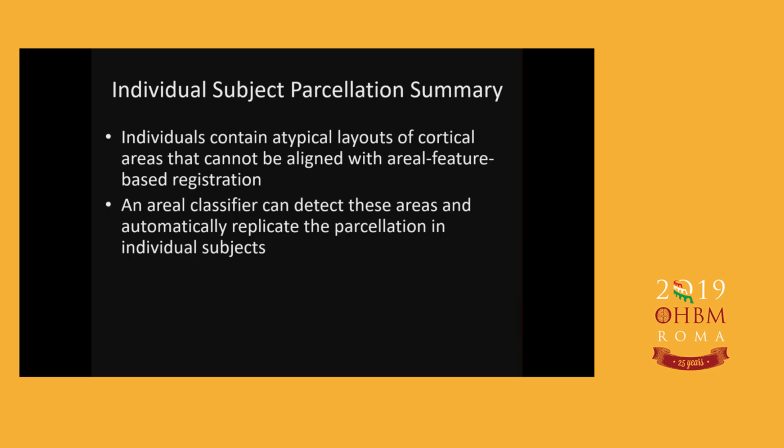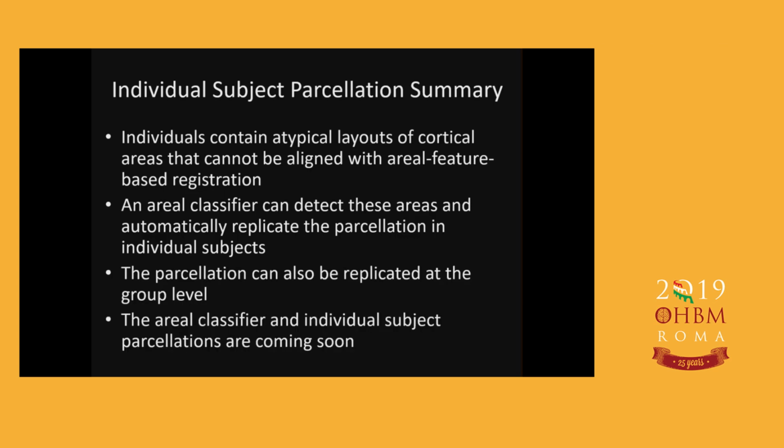So to summarize, individual subjects contain atypical layouts of cortical areas that cannot be aligned with areal feature-based registration. The areal classifier can find those atypical areas automatically in individuals. We can replicate the group parcellation,